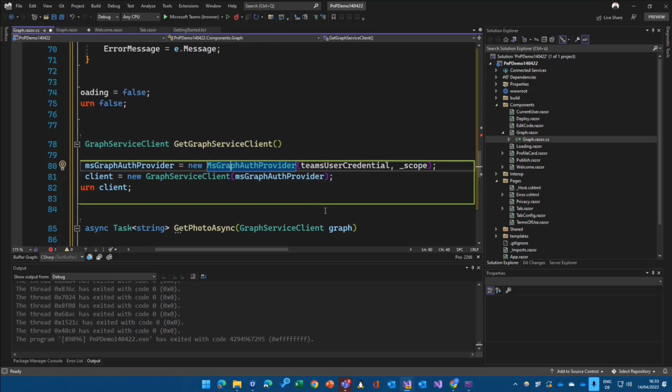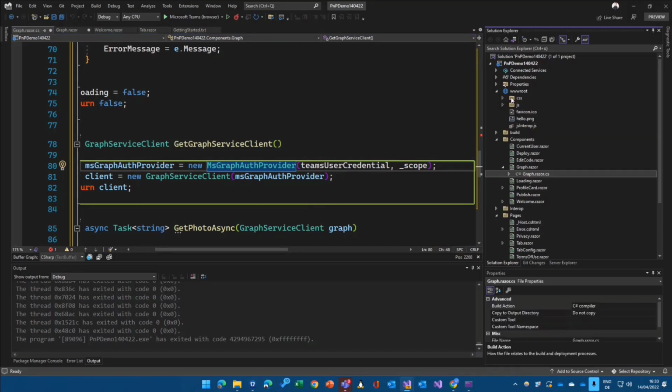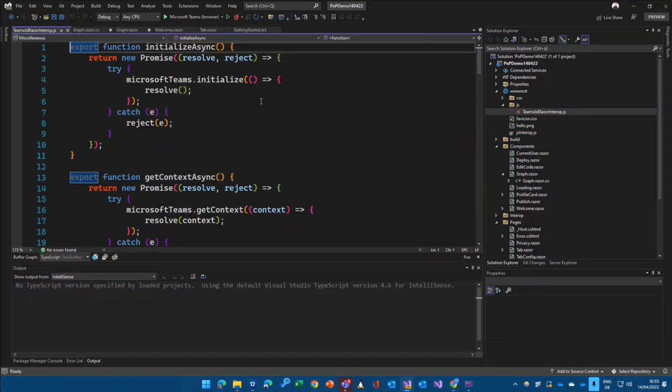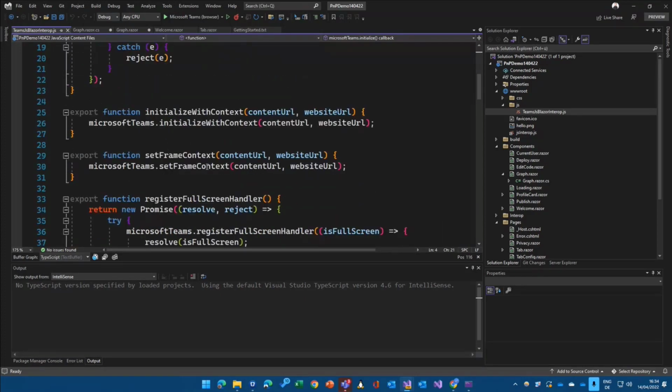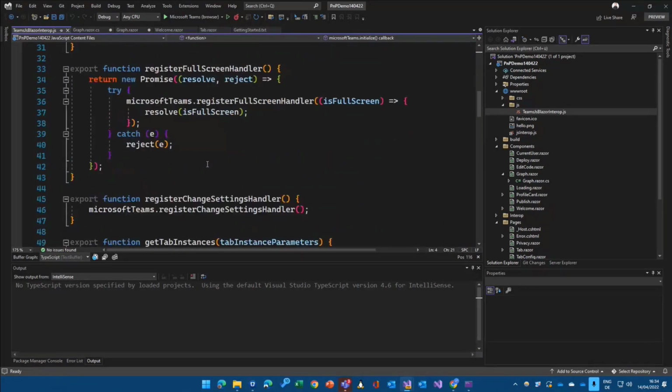Basically, they're using the JavaScript interop options that are available just in Blazor. Because if we have a look in here, there is, of course, some kind of JavaScript. I hate to admit it. You need a couple of lines to make that work. But if you have a look here, there's a JavaScript file that, if you're familiar with Teams development, has an initialization function where you call the Microsoft Teams SDK to initialize, to get the context, and all those different methods you need basically to make a Teams application work.